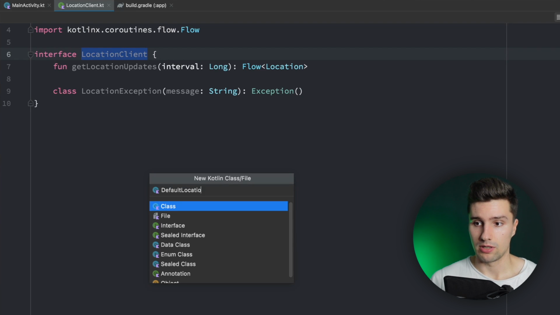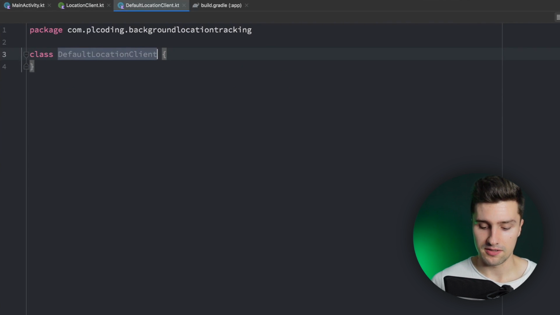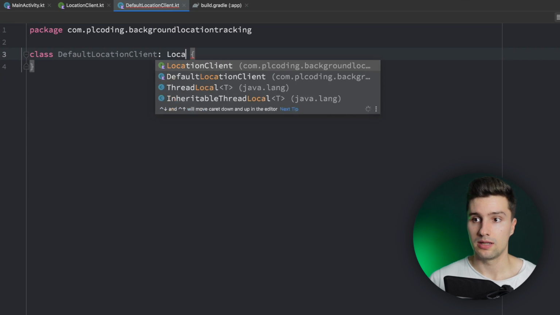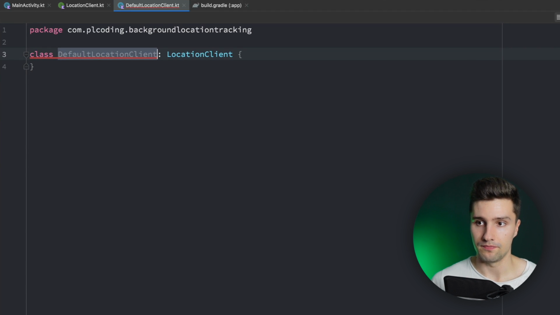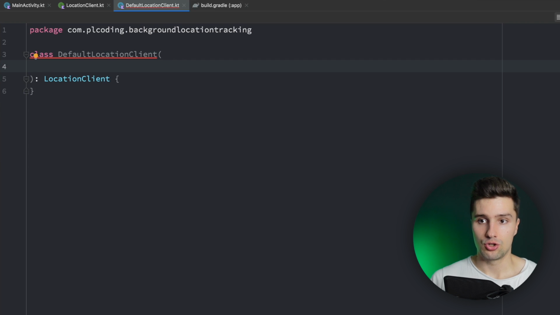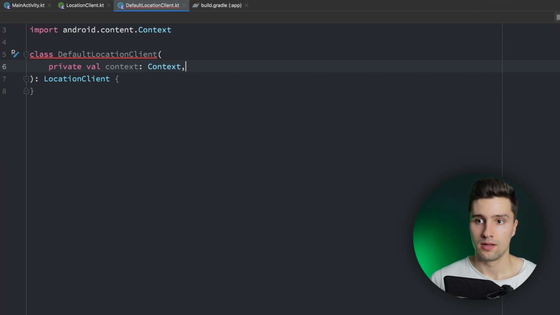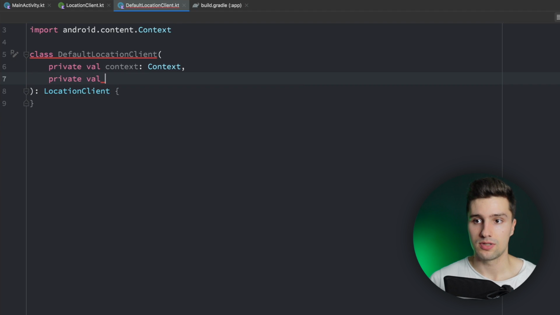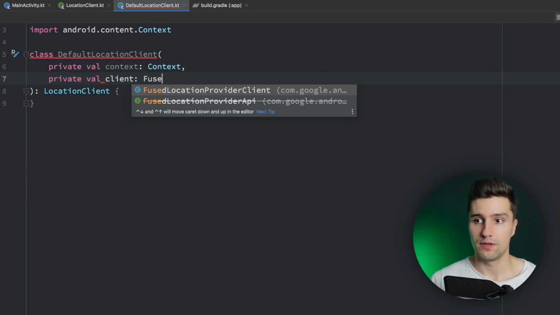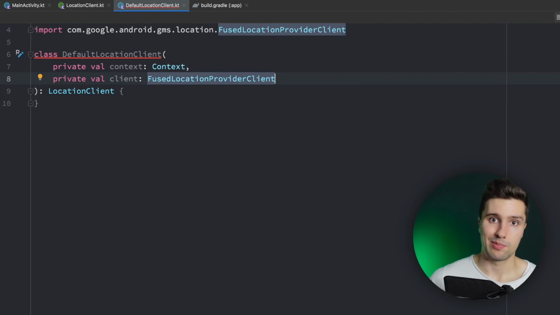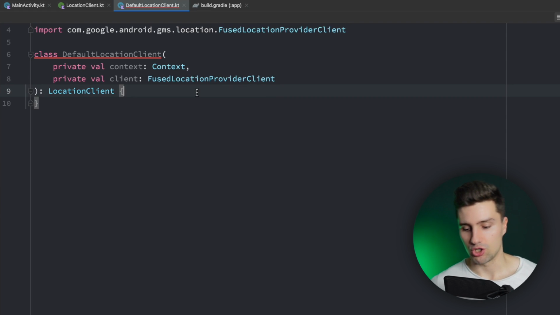I will call this DefaultLocationClient, make that a class, and it will implement our interface that we just declared. It will take 2 constructor parameters here. On the one hand, as I said, the context. And on the other hand, it will use a client, which is a FusedLocationProviderClient. That's a dependency that comes from our Gradle dependency that we included, and it's used to actually get the user's location. So that's the actual Android specific implementation of a location client that we can use to actually get the